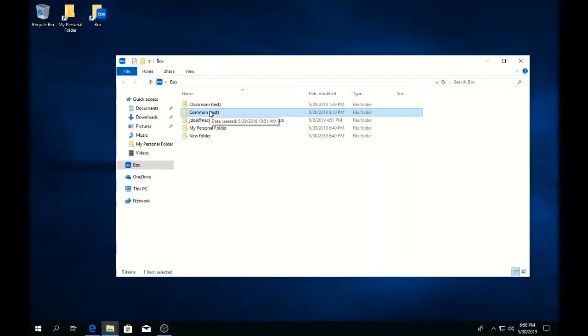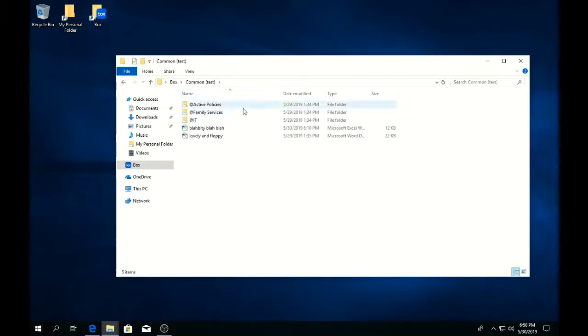So whatever organization folders that you think that you need access to and you don't see here, you might need to contact IT about that. Okay, because that means that we may have missed giving you the access to that folder. But usually you'll have common, so all of the same things will be there, like your active policies, family services, IT, and the other stuff. Don't worry, this is just a sample. Everything will be as it is. Okay,